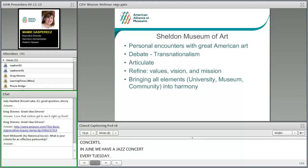So we wanted to maintain the idea that the museum is open to multiple kinds of art, and not just the visual art, though that is, of course, our primary function. And our process then was to think about who we are, what we want to do, what our university charge is in terms of